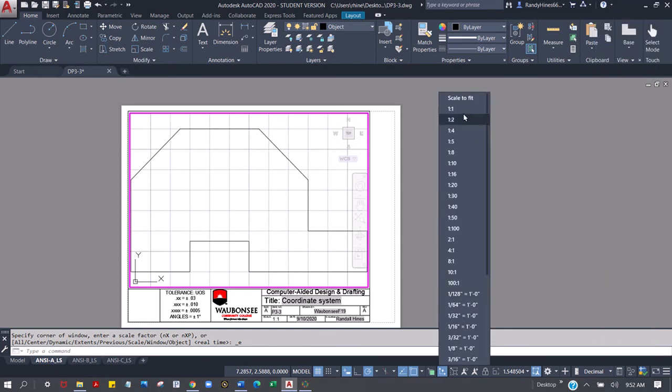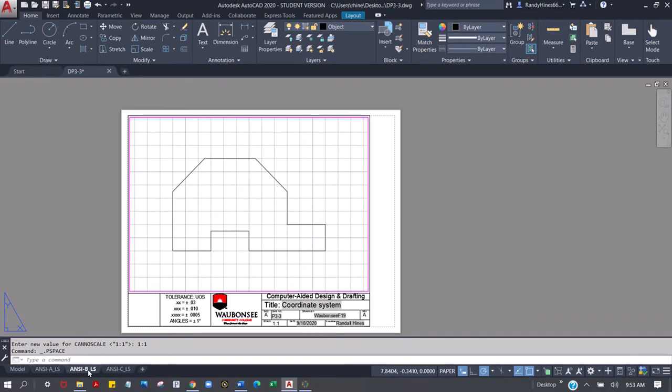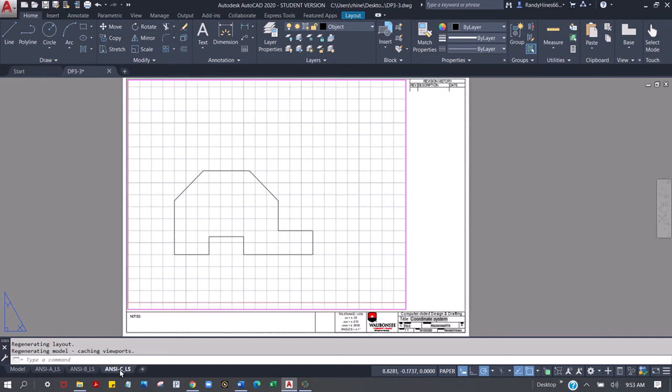So I'm going to come into scale. I'm going to scale this 1 to 1. Ideally we want our drawings to be scaled 1 to 1 whenever possible. You've got three layout spaces here: ANSI A, ANSI B, and ANSI C. Ideally we want to stay 1 to 1, but there are certain instances where we're not going to be able to scale it 1 to 1, so we're going to have to scale it to either 1 to 2, 1 to 4, or if we're doing an architectural drawing,